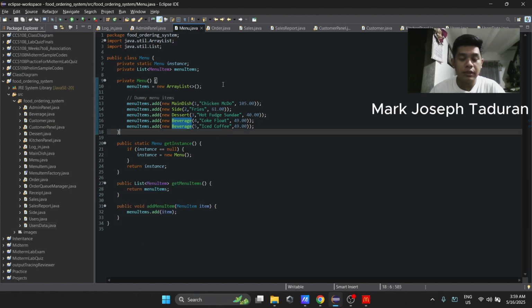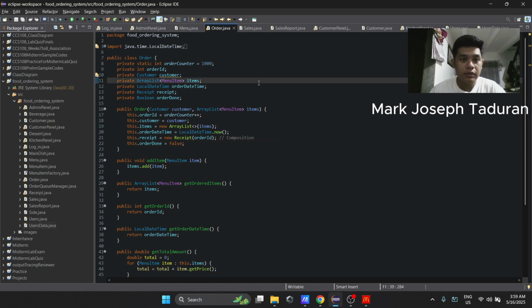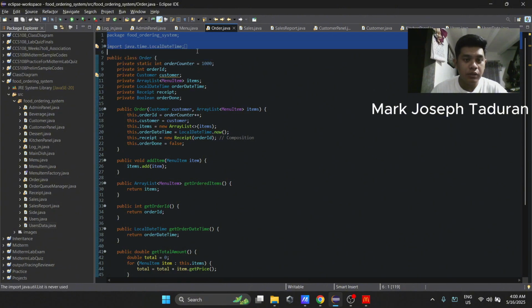So next, let's talk about the Order class. Let's start with this line of code. Same package, we import LocalDateTime for the timestamp and ArrayList to hold the customer's selection.